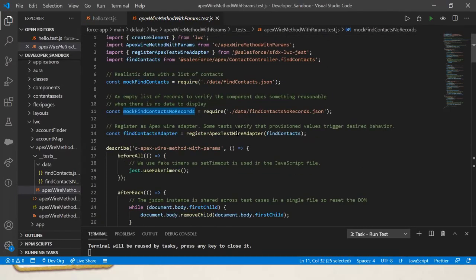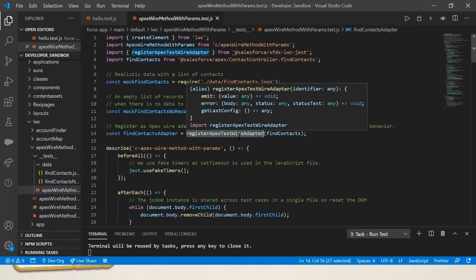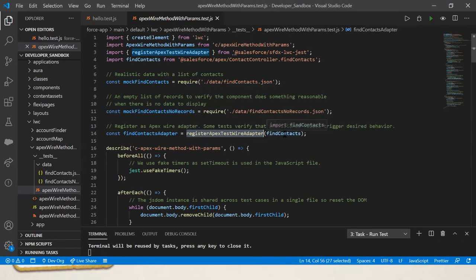And since we get the record from the server side, we have to register the Apex wire method adapter as well. Within that, we have to use the controller-side method name. It will be similar to the data you get from your server side, but we are still using your local JSON object file information.